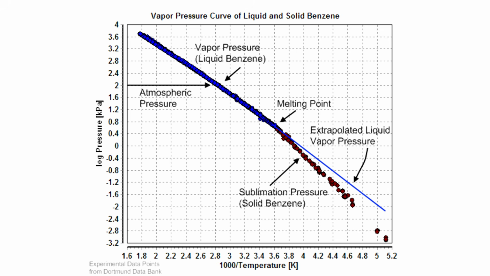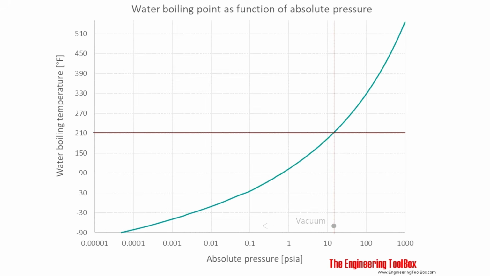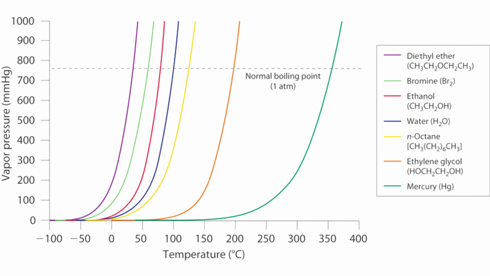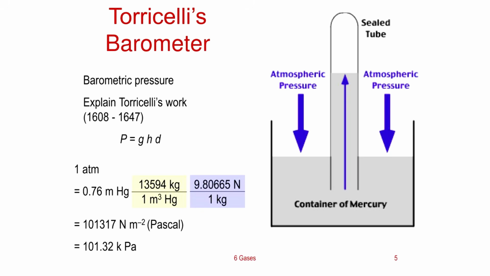And yes, okay, so what we're really talking about is vapor pressure. And the higher your vapor pressure, the more likely your stuff is to evaporate. Water, as you know, if you bring the air pressure down, the boiling point drops until it goes basically to the freezing point, and it's just bubbling and boiling away. Now, water's actually quite good at this, but a great liquid which doesn't boil in the same way as water is mercury. So mercury, you can get down to something like 1 Pascal. So that's 100,000th of an atmosphere. And basically, yes, if you have a perfect vacuum, it will boil just enough to fill that